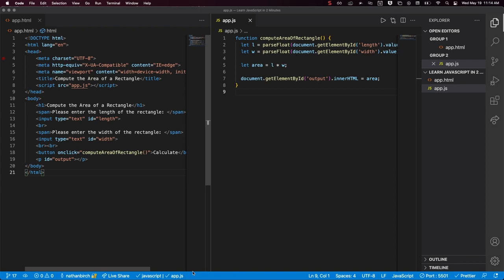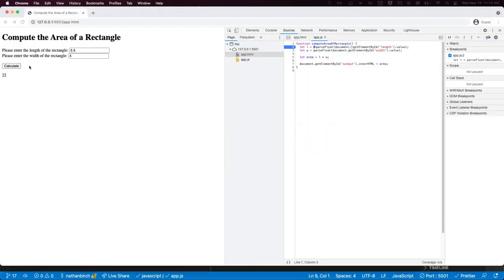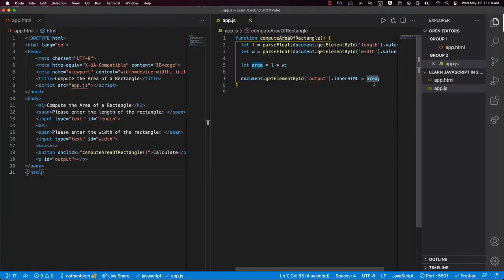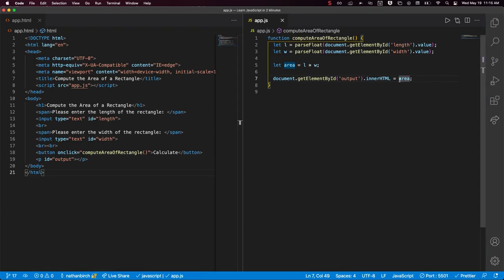So we got our program working and it looks great, but let's see if we can make it look a little bit better. Okay, so this is what's outputting. This 22 doesn't look too hot. So what I want to do, instead of just outputting the area, I'm going to add a little bit of text here, and we're going to do something called string concatenation. Okay, so I'm going to say the area is,